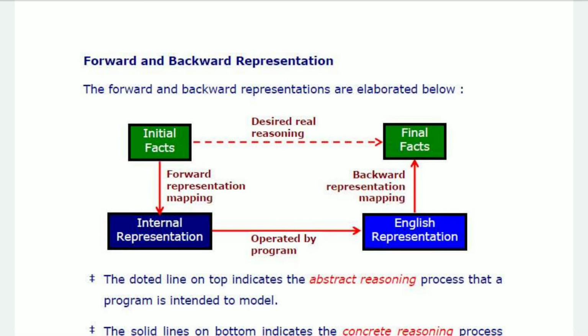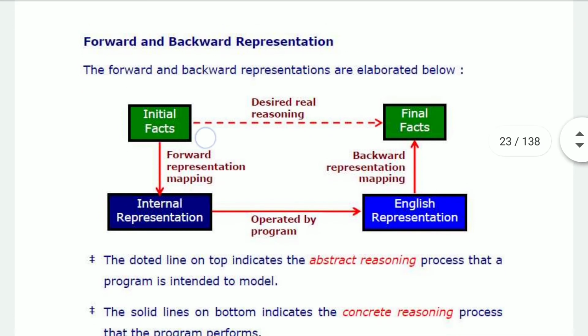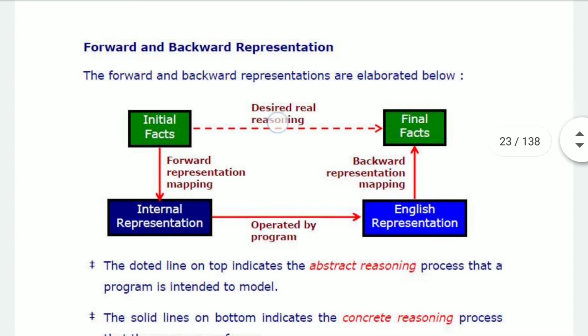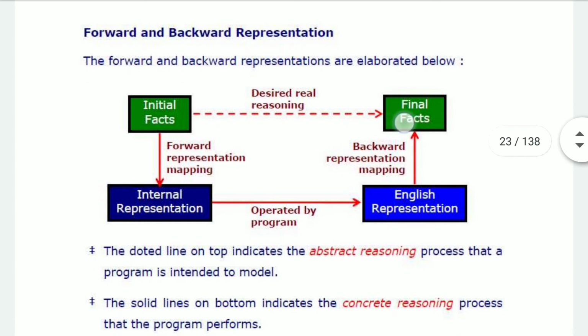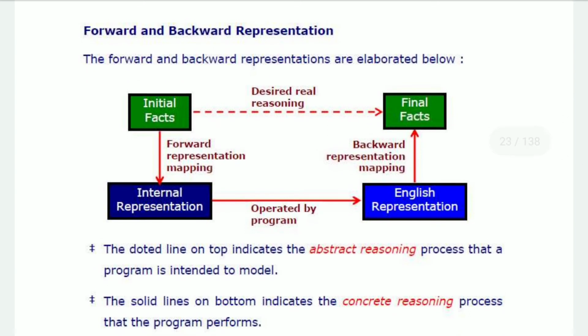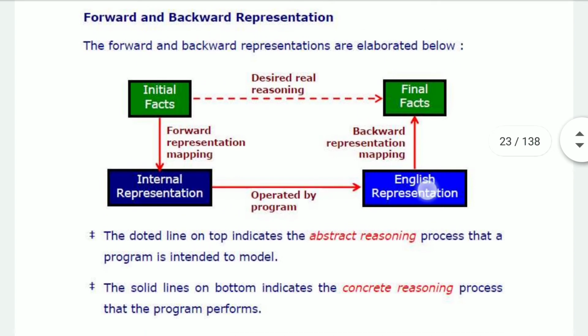Now we do have the forward and the backward representation, right? The forward and the backward representations are initial facts, and a desired real reasoning. Then I can straight away come up to the final facts. But I can have the internal representation of it operated by a program, and then I do have the English